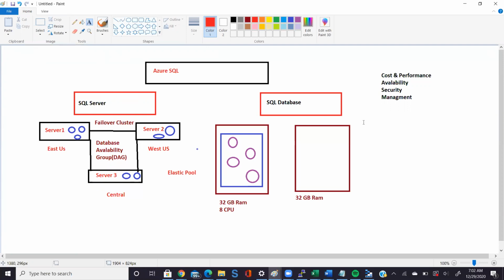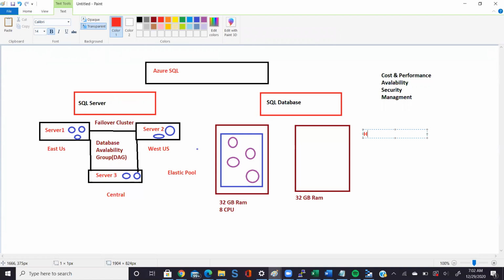Microsoft is going to charge as per how much CPU plus RAM plus storage you occupy. They call it a DTU, data transmission unit.